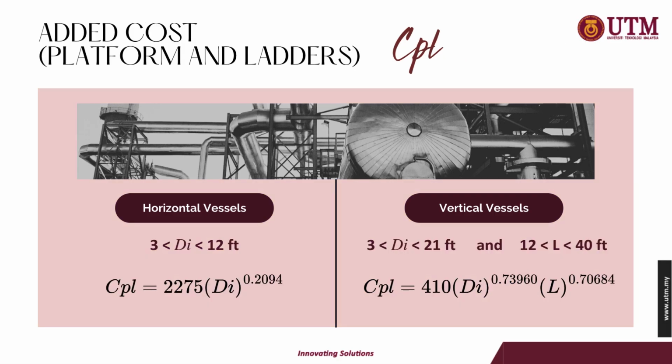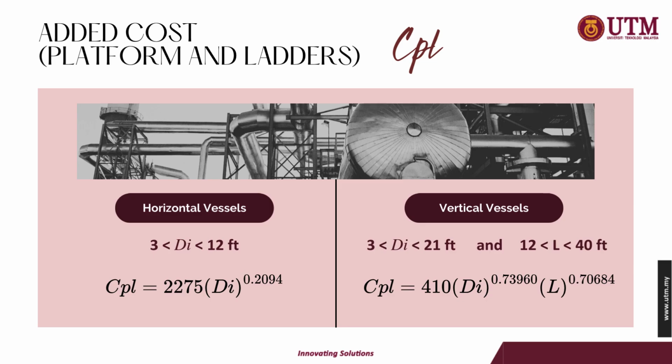So the next one is the additional cost related to platform and ladders represented by CPL. The cost depends on the diameter and length of the vessels. So the equation for both horizontal and vertical vessel are as follows. For the horizontal vessel with diameter between 3 and 12, the CPL itself is 2275, diameter to the power of